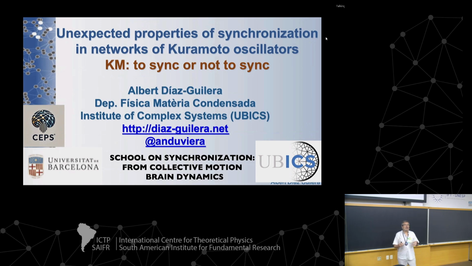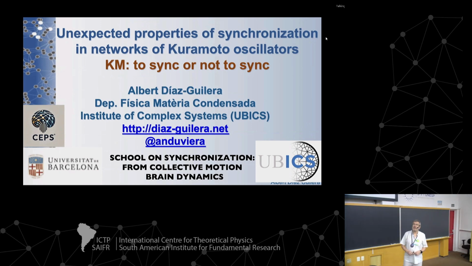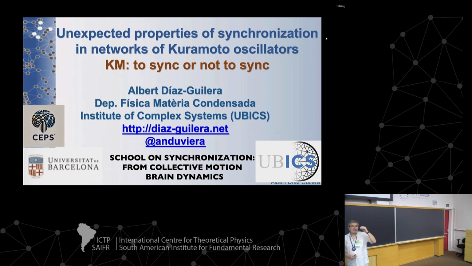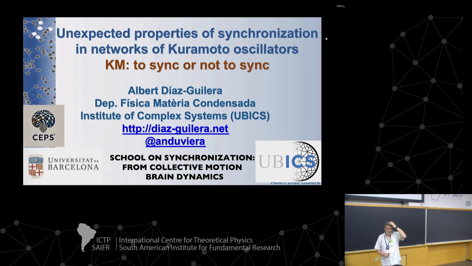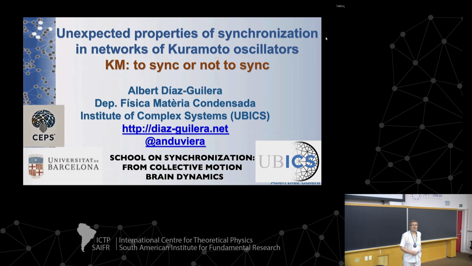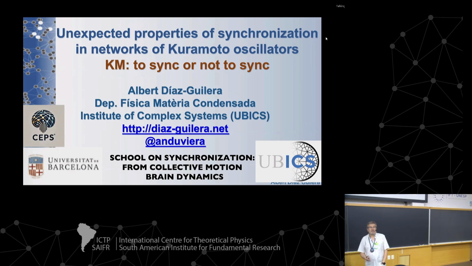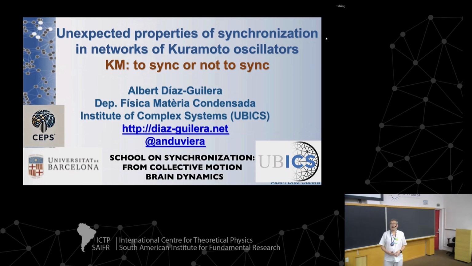I'm going to talk about basic properties of the Kuramoto model, which in some sense has been used as a paradigmatic example of synchronization. But perhaps synchronization is not all that we should expect from a system of oscillators. If this system of oscillators is supposed to be a useful model for explaining what happens in the brain, because the brain in a normal, healthy state is far from being synchronized, then what utility can this type of model have? I hope that I will convince you in the next slides.